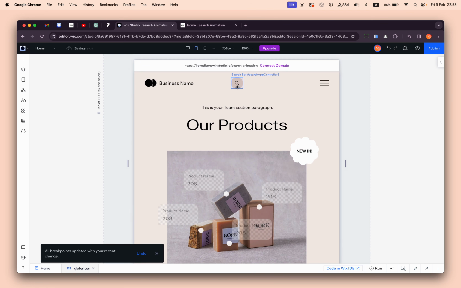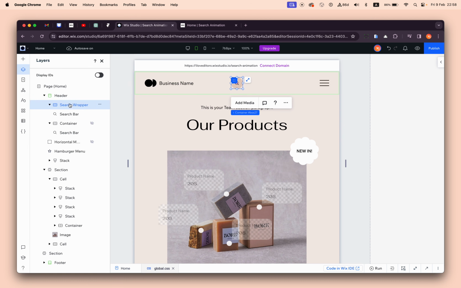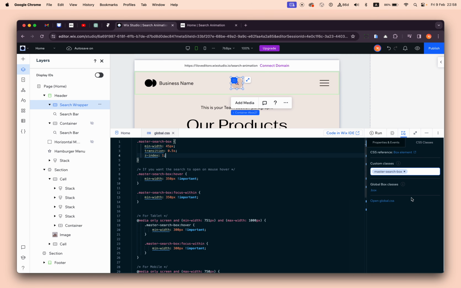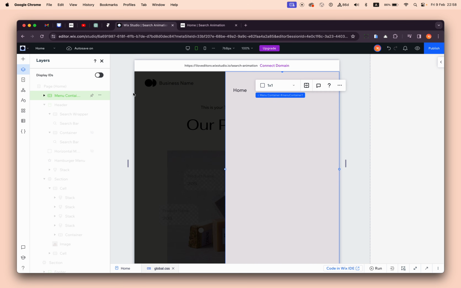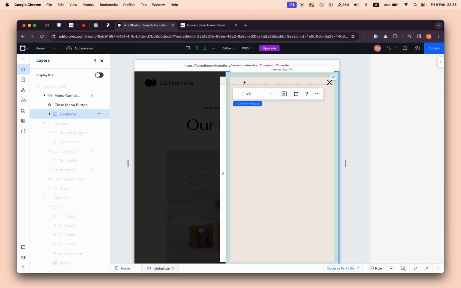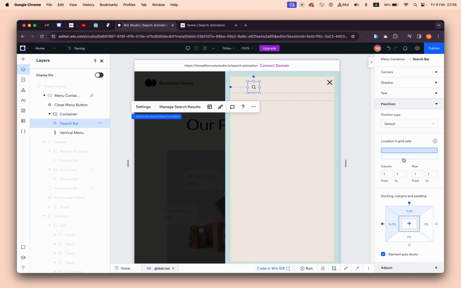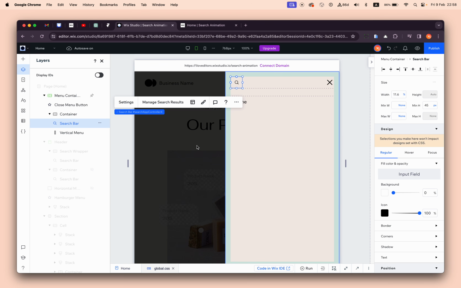So what you can do, you can simply go to this content, this search bar wrapper, and just copy it. Okay, remember this wrapper has the class. So let's open the menu, the hamburger menu, and I'll just paste it right here. So now I need to align it properly. Let's make it on the first row. Let's align it something like this,